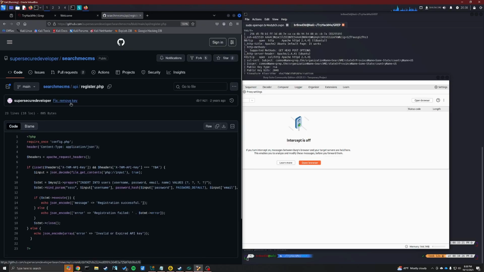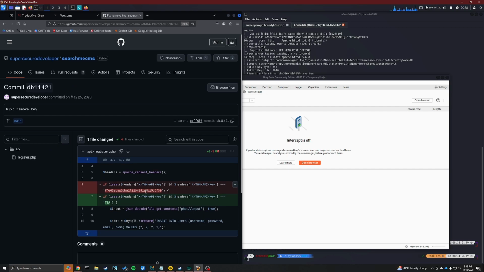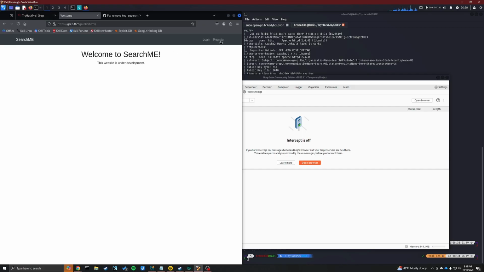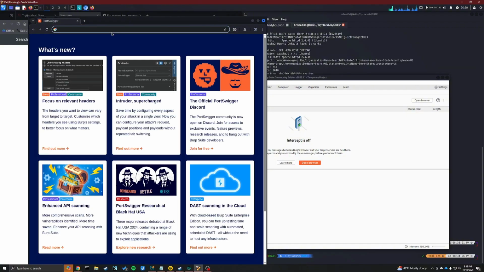And there's a fix remove key here. And look at that. We got the first key. So we're actually going to put this here. We're going to copy that. And we're going to open up Port Swigger again, because I need to make a